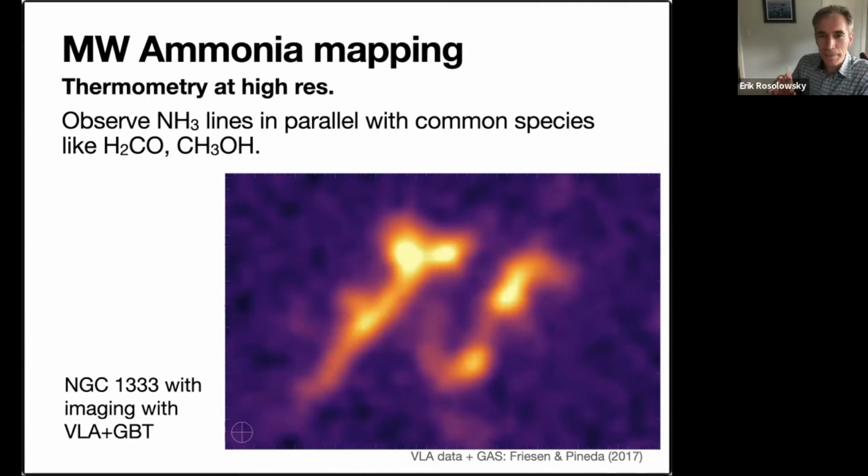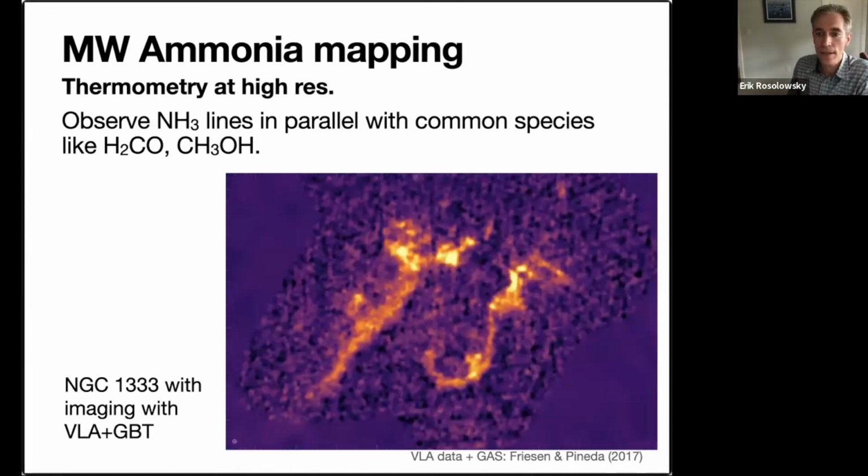But what we've been seeing is that we can observe ammonia lines in parallel with a lot of other common species in the K-band, like formaldehyde and methanol. And so what we see is the advantage you get by building interferometer data is the details. So this is a map from NGC 1333 from the GAS data,